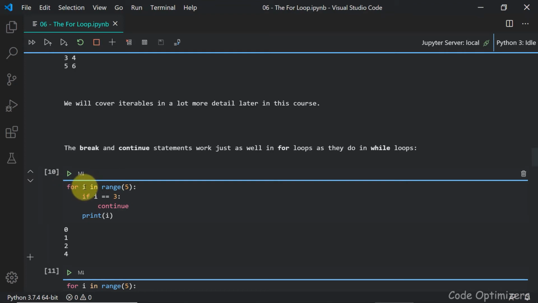So here, range 5 will produce a sequence of 0 to 4, and for i equal to 0, the if condition is false, so it will not go to the continue statement, and it will print 0. Then when i is equal to 1, i is equal to 2, there is no problem. But when i is equal to 3, the if condition is true here,